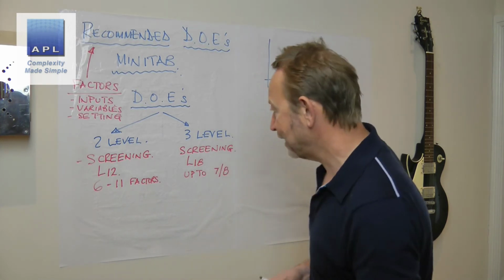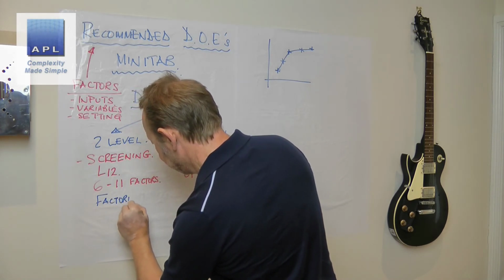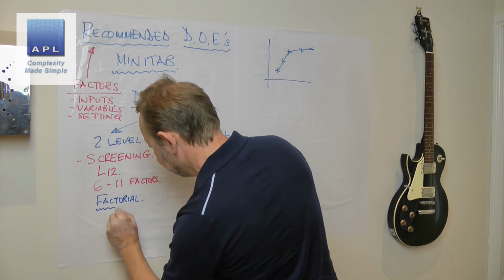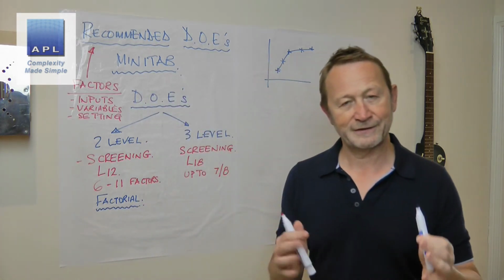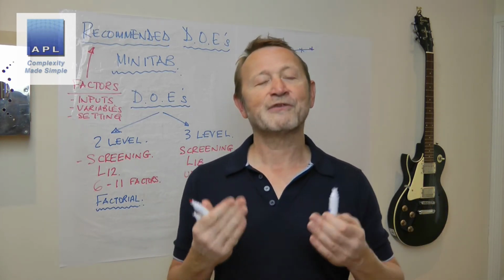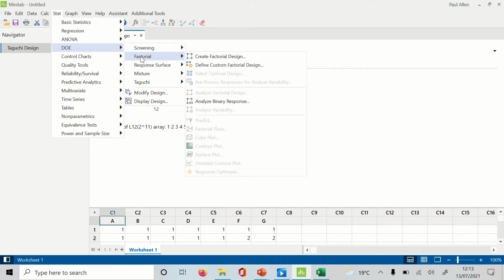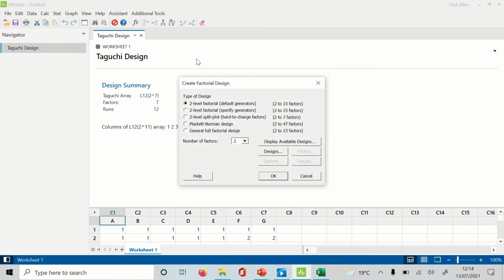Then what we come down to is the factorials. So these are modeling DOEs. Okay, now where do I find that? Well, I've used the word factorial. Now there is a factorial menu in Minitab. So you would go Stat, DOE, factorial. And then again, I've got some choices of a factorial choice. But if I stick to 2 level, because that's where we are over here on the whiteboard, 2 level DOE, if I choose the number of factors,